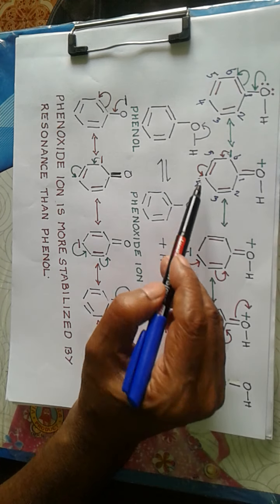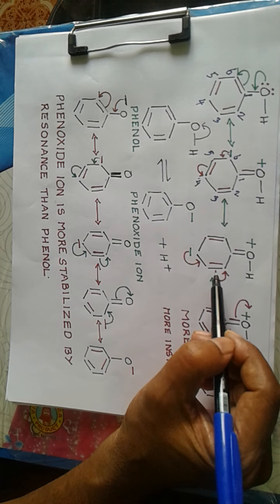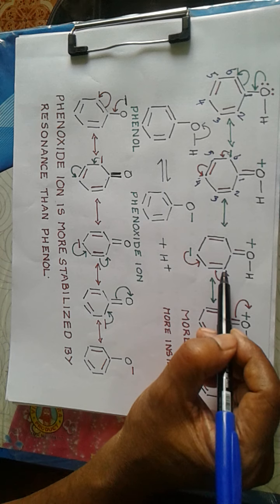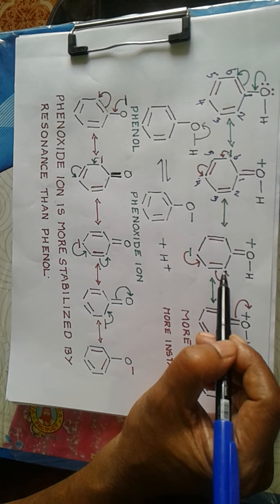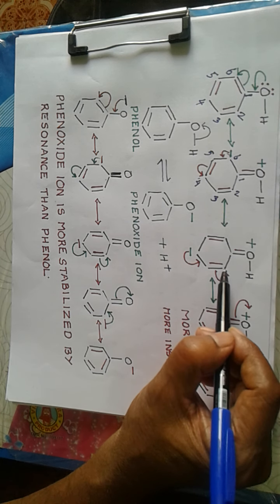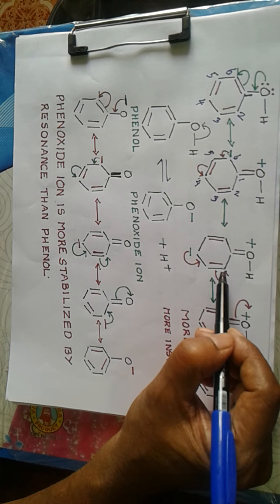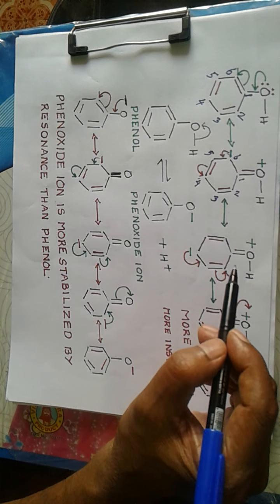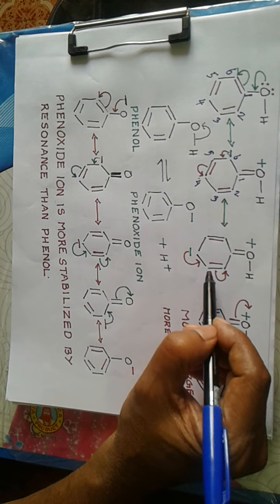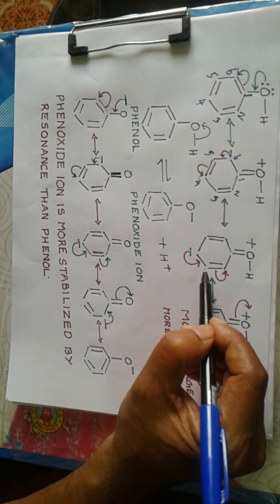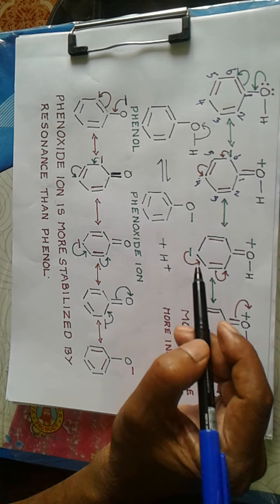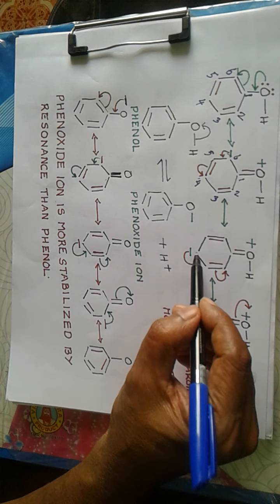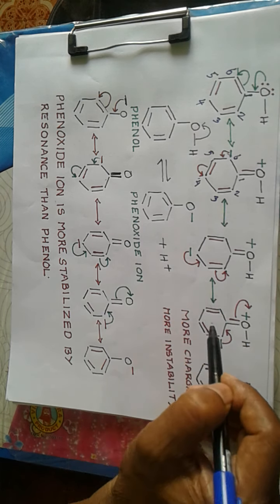Now the same thing repeats here also. This pi bond here ionizes in this direction, so we get a lone pair orbital which is perpendicular to the plane of the benzene ring or the paper if the carbon is sp2 hybridized. Now here we get a vacant orbital and a positive charge over the carbon. Now this lone pair orbital and this vacant orbital are mutually parallel and they can overlap to form a pi